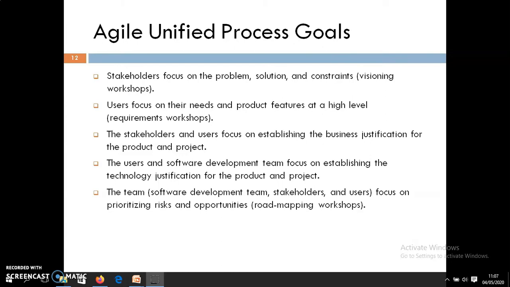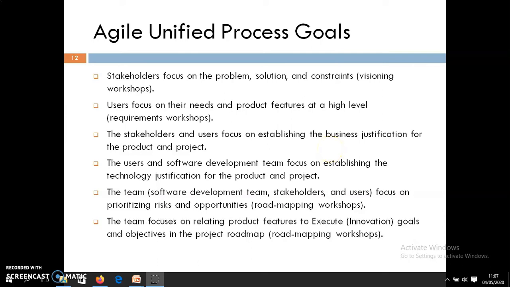Here the stakeholders, software team and users focus on prioritization of risks and opportunities in the roadmapping workshop.